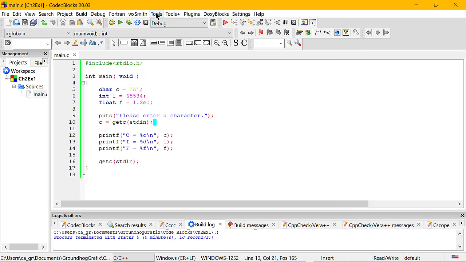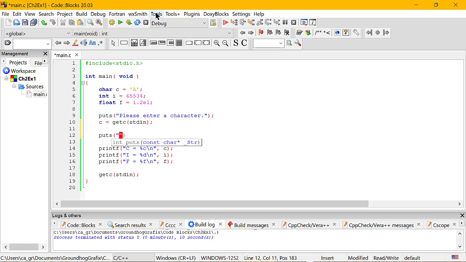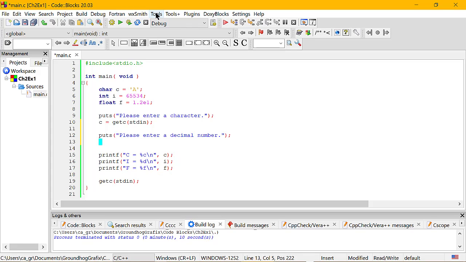So now let's say we wanted to get input for a number. So let's put string, whatever you want to call it. Please enter a decimal number. Semicolon. And now we're going to use a function called scanf, which stands for scan format. Now scanf is very similar to printf. It has formats, kind of specifiers and things in it. So we open the quotation mark with scanf, and we're going to tell it we're looking for a decimal number. So we'll put %d,